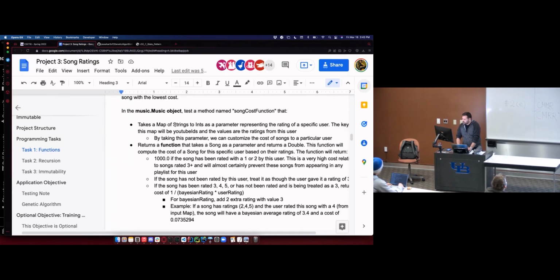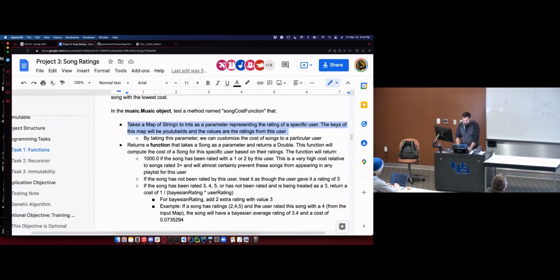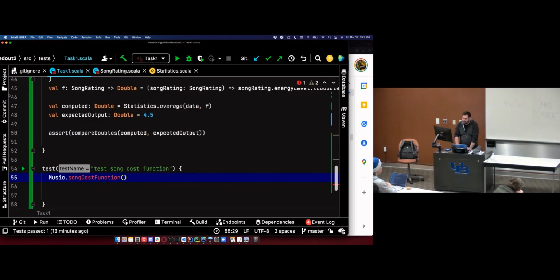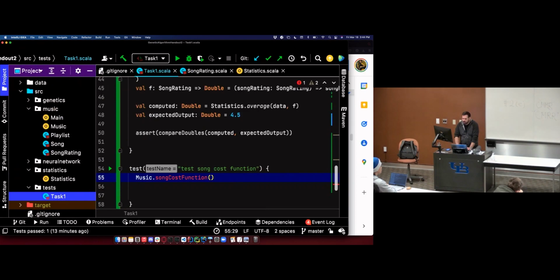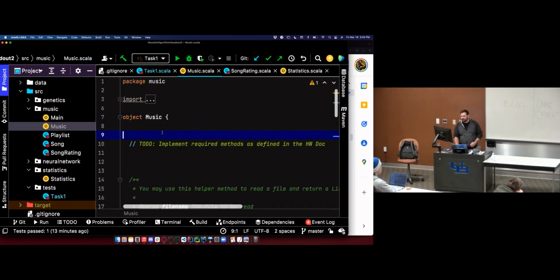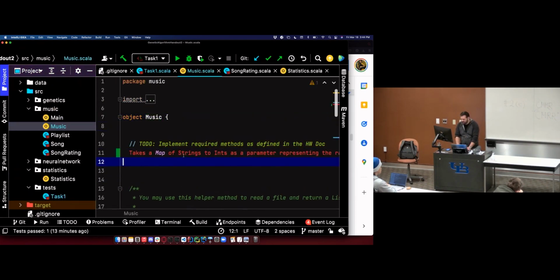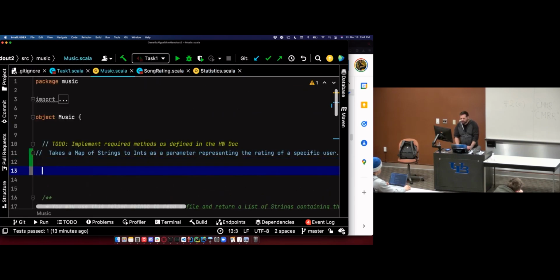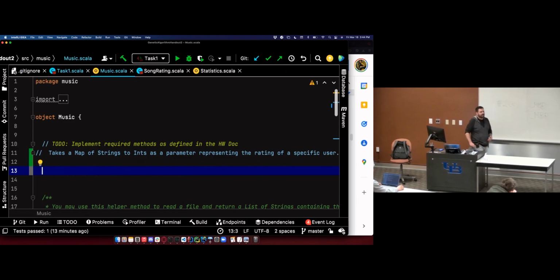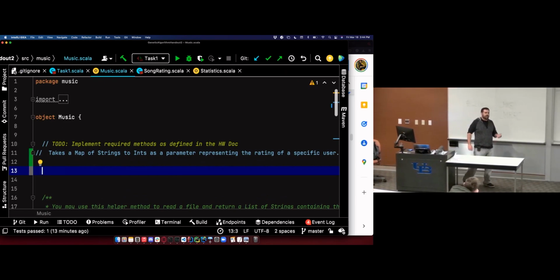Write a method that takes a map of strings to ints and returns a function. Oops. I might as well show you this part. So to write a test for a method that doesn't exist, what's common practice, standard practice,